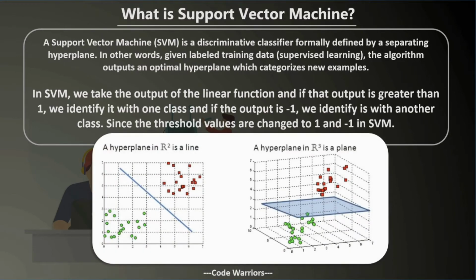So what is support vector machine? This algorithm is a classifier which uses a hyperplane to split the data, using the optimal hyperplane so that the data points will be categorized or classified from each other. As you can see in this image, if you use a 2D visualization by taking two independent variables, then the hyperplane for the model will look like a line which will split both the classes from each other.